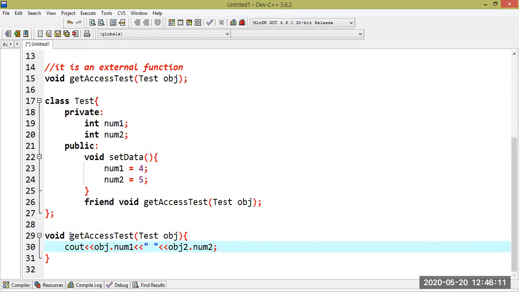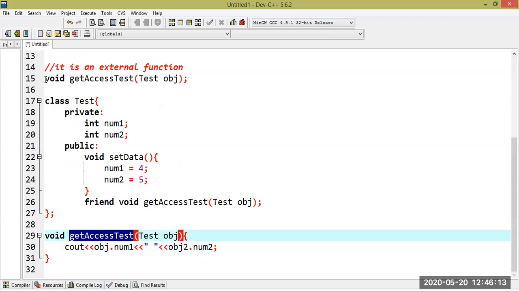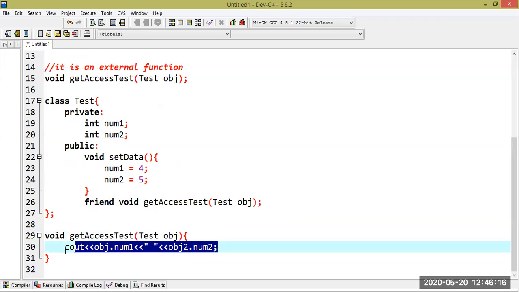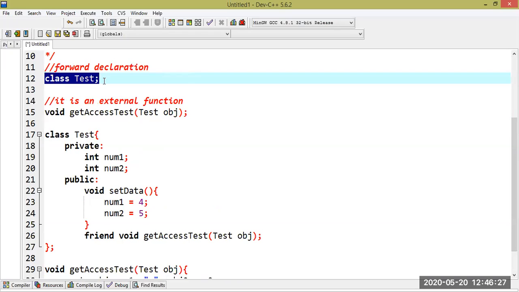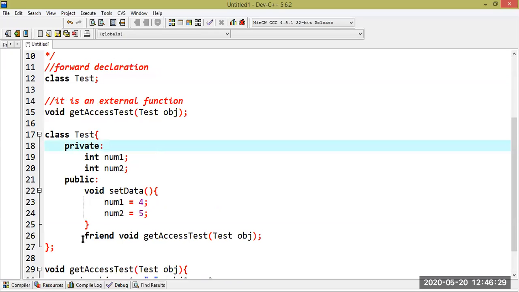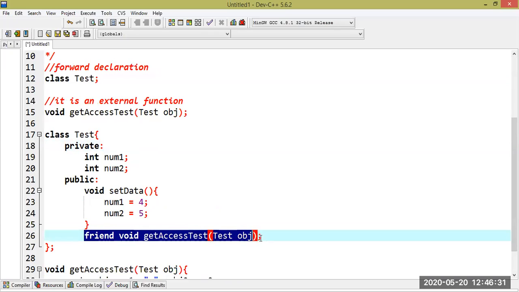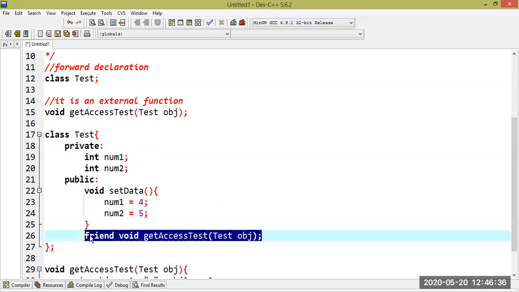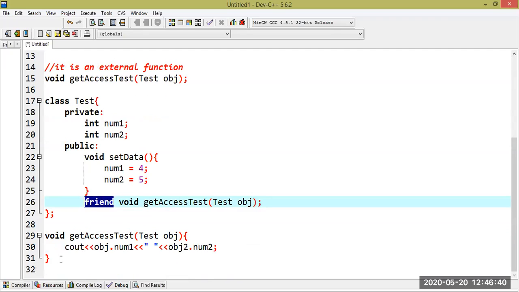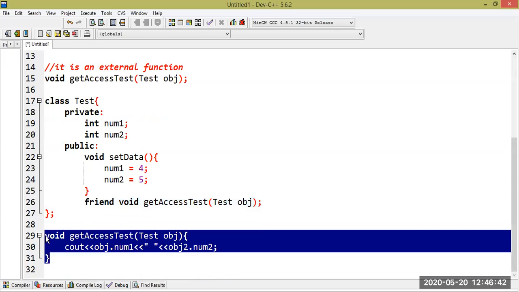So getAccessTest, an external function, now successfully accesses the private data members. You need to follow three steps. First, declare the function above the class, and while declaring it, write the forward declaration of the class. This is the syntax of forward declaration. Inside the class, declare that external function as a friend with the help of the friend keyword. And at last, define the function outside of the class.